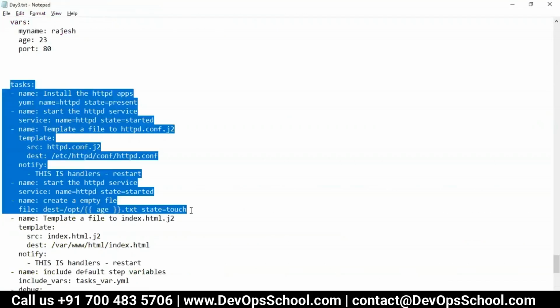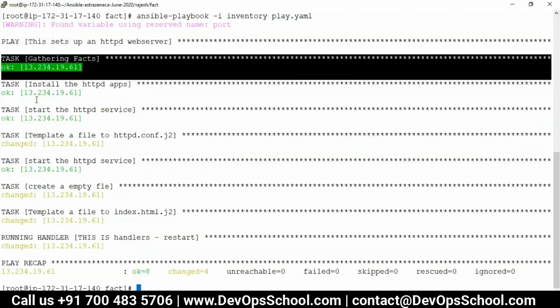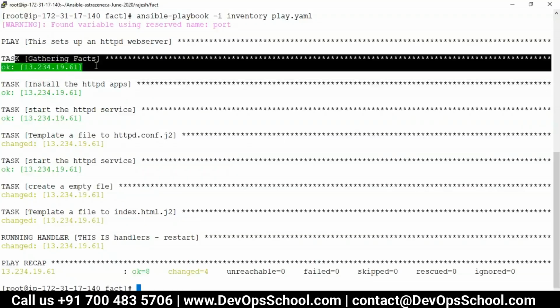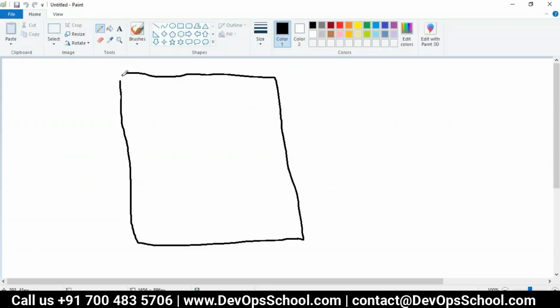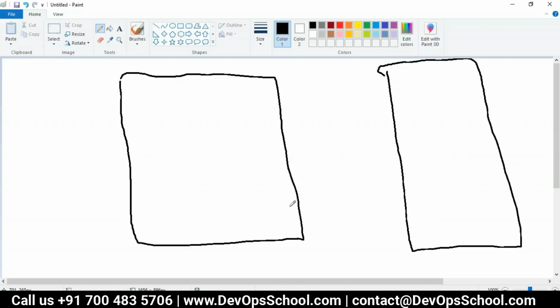I have installed an HTTPD apps starting from here. But what is this task running? So basically what happens, understand this. What happens? First, this flow is very important. This is your ACS server. This is your ARS server. Okay. So what happens when you